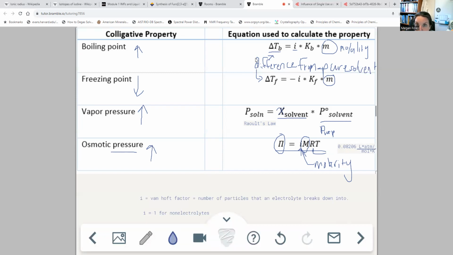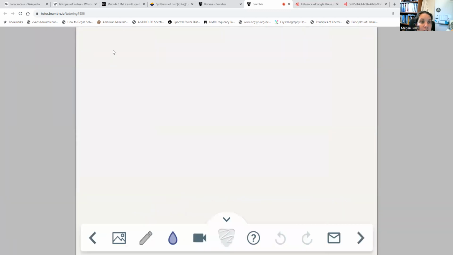So these are the equations that we actually use for these values. So let's look at our Van't Hoff factor a little bit more. Our Van't Hoff factor, again, tells us how many particles a substance is going to break down into. So if we think about an electrolyte like sodium chloride,